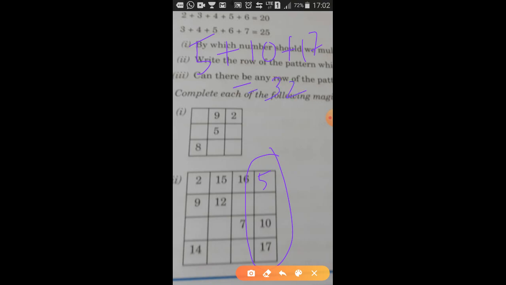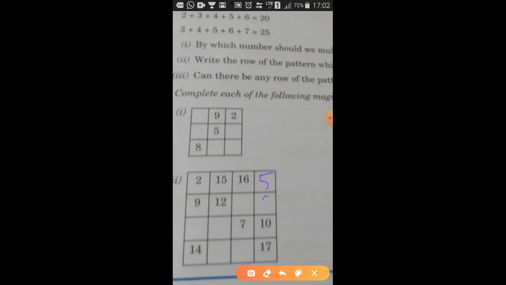Yes, so 32, how much do you need to add to 32 to make it 38? You need to add 6. Yes, 32 plus 6 is 38. So what will I write in this empty box? I will write 6 over here. Understood? Yes. So now we will move on to the next set.